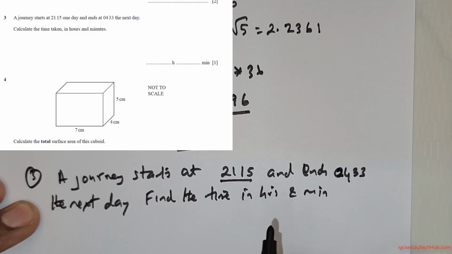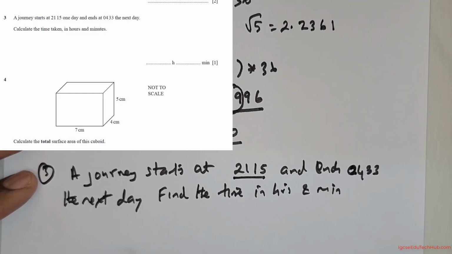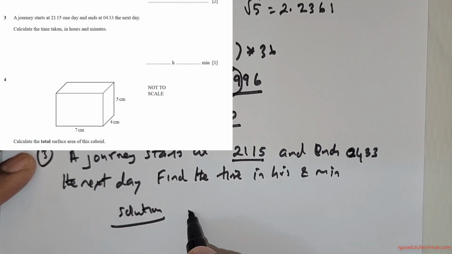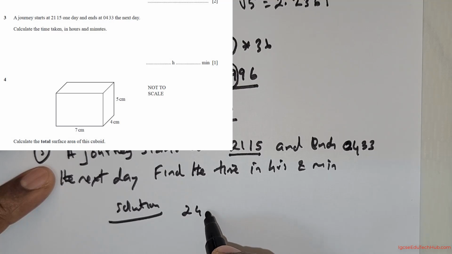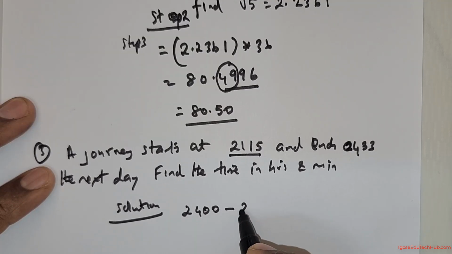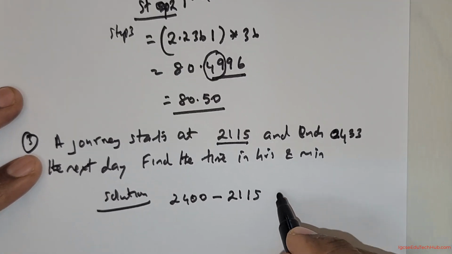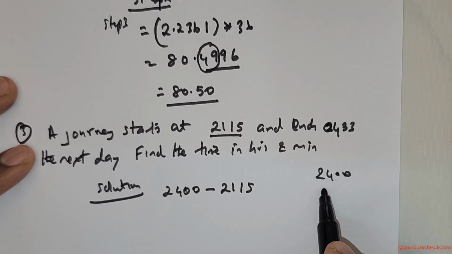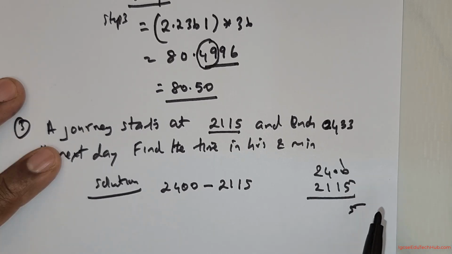Now this is given in 24 hours, and what we have to do is to get the time in hours and minutes. From 2400 you subtract 2115. So let me show you that. 2400 minus 2115, what do you get? 10. Okay, that's fair enough, but